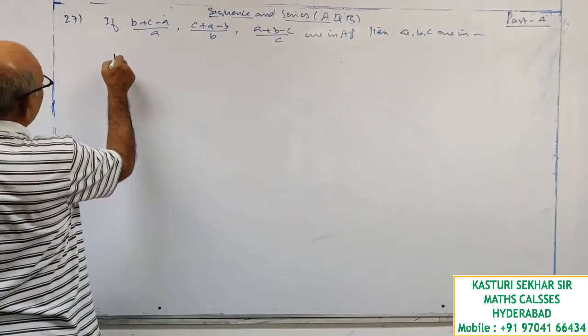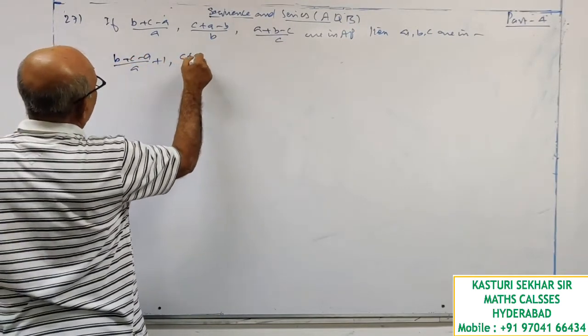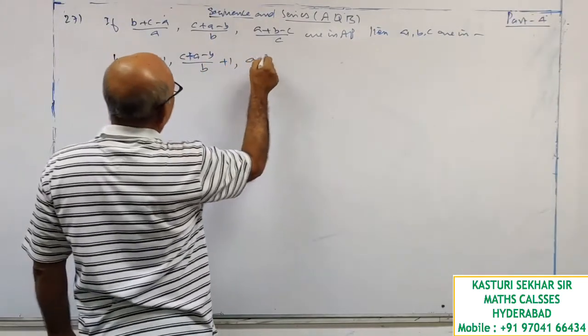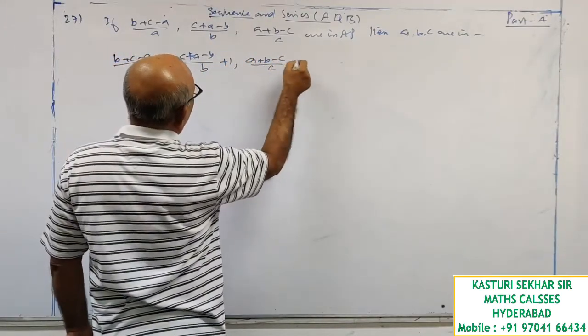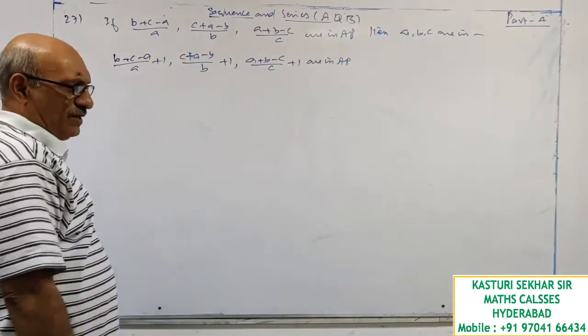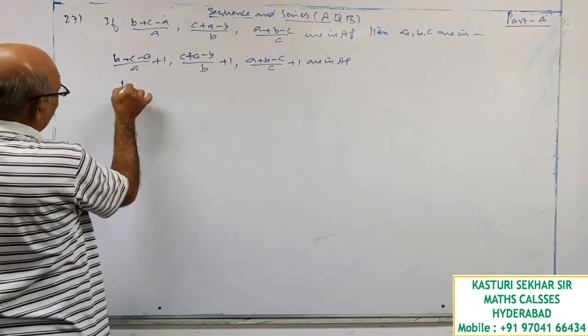So when I add 1, (c+a-b)/b + 1, (a+b-c)/c + 1 are in AP. Let me see, can I get a common term or not? When I take LCM here,